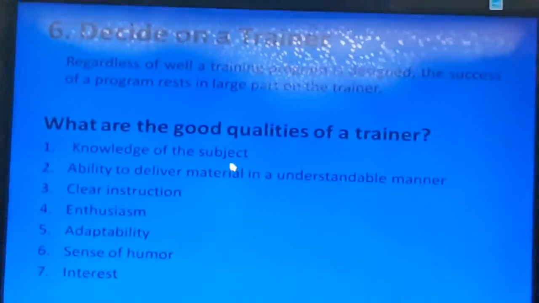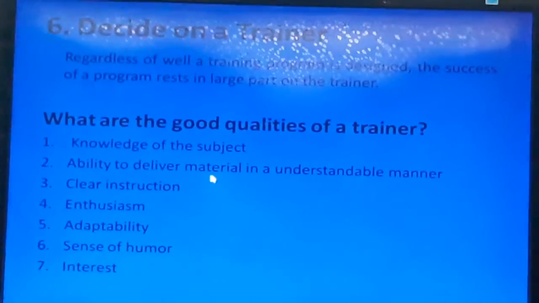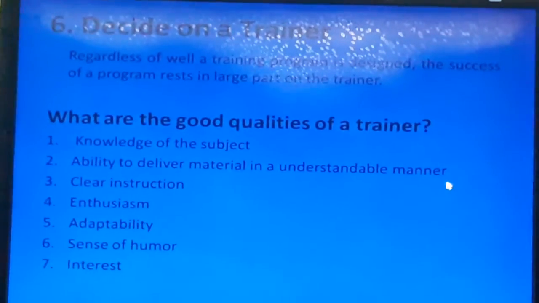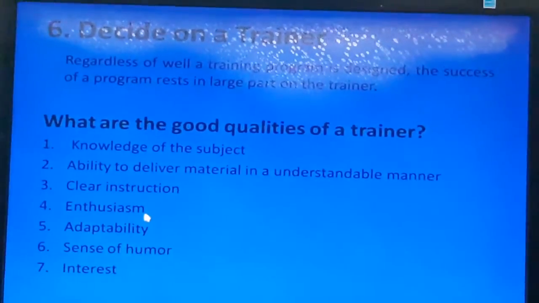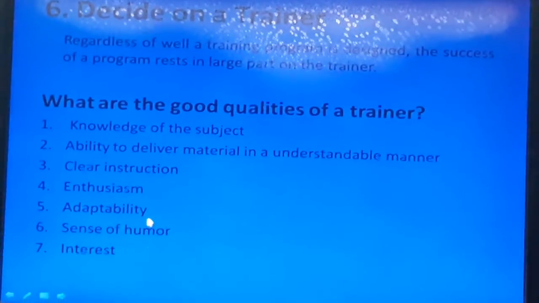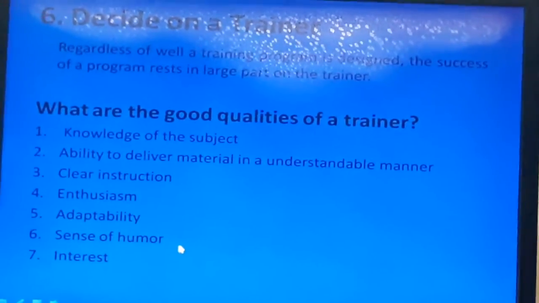Now we shall see the good qualities of a good trainer. The qualities are knowledge of the subject, ability to deliver material in an understandable manner, clear instruction, enthusiasm, adaptability, sense of humor, and interest. Next activity is to select the trainee.